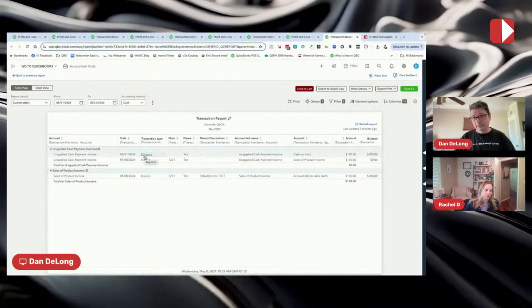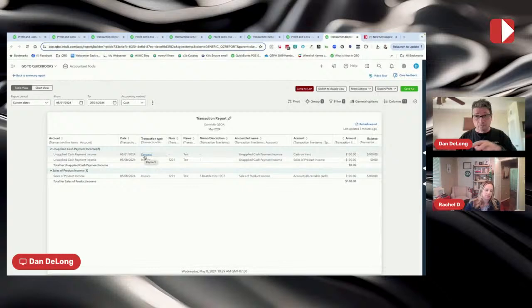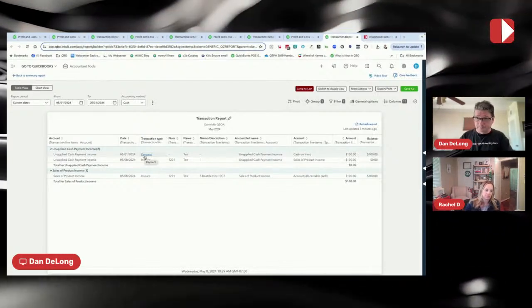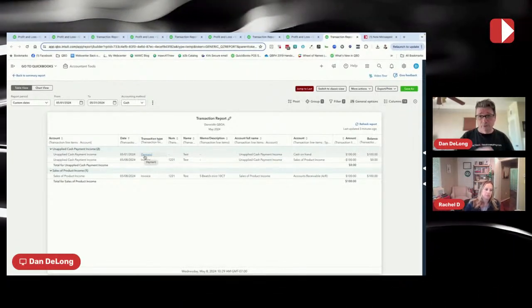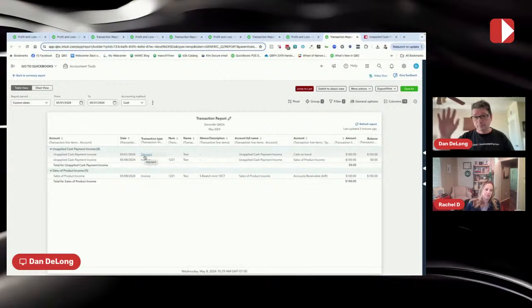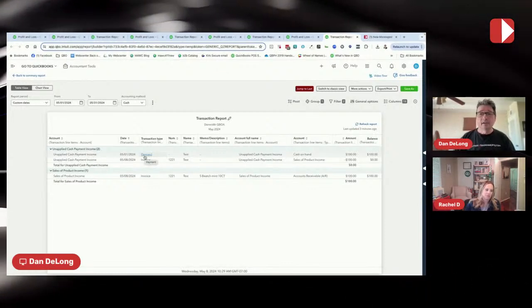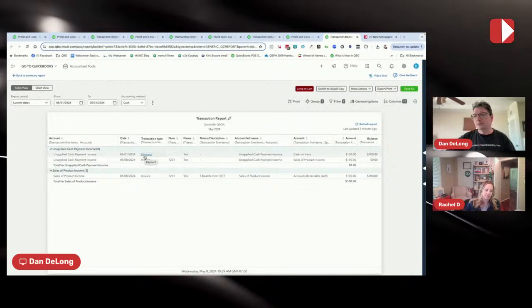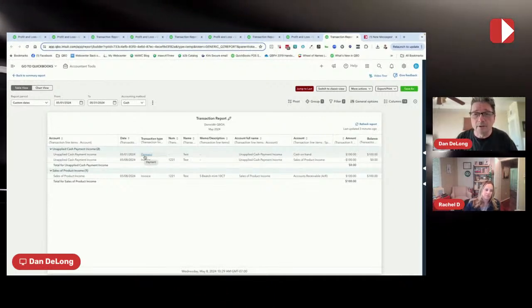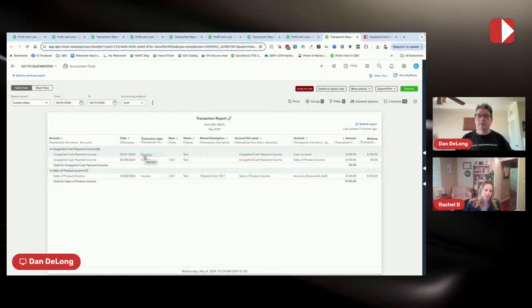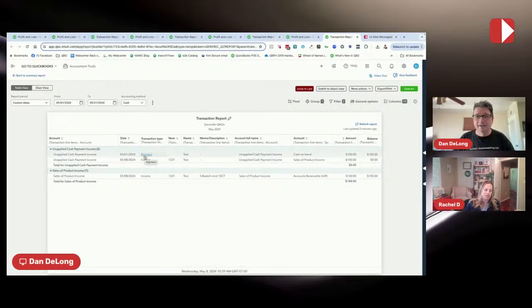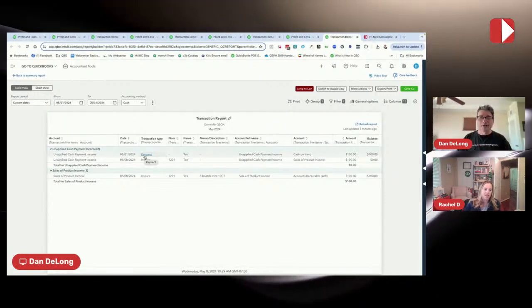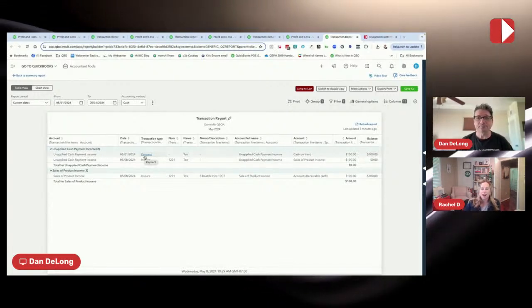But in the reality of receiving a payment, if you really received a payment before the invoice, then you don't want to connect it like this when you're running it on a cash basis, unless you realize you're going to see unapplied cash payment on your profit and loss. There isn't anything that you can do about that when you're running it on a cash basis. I will tell you